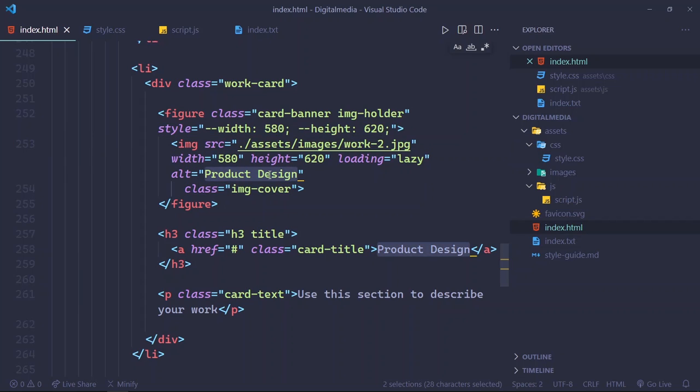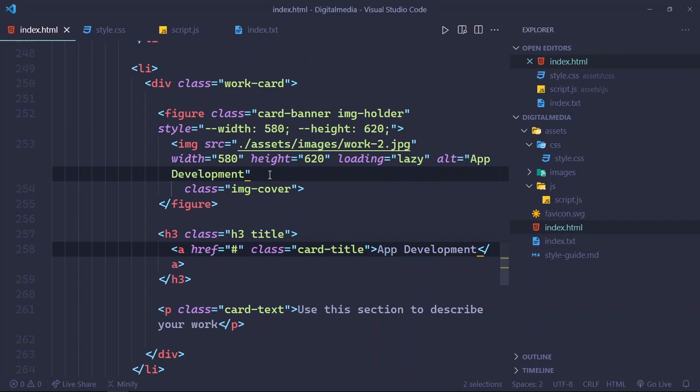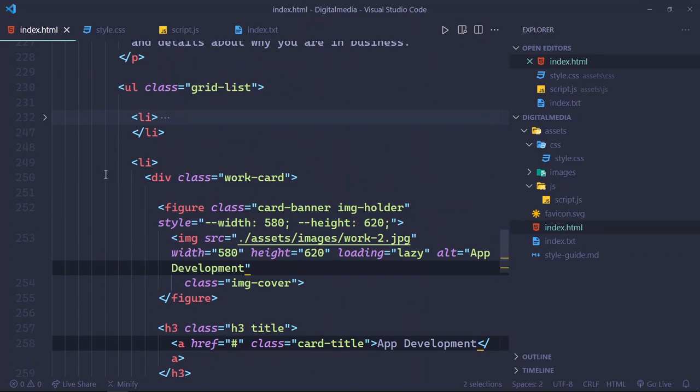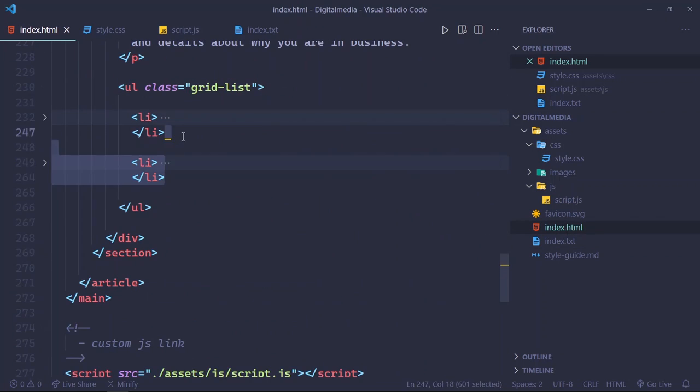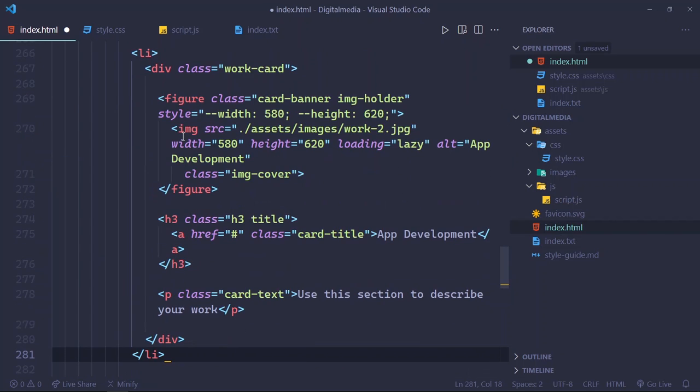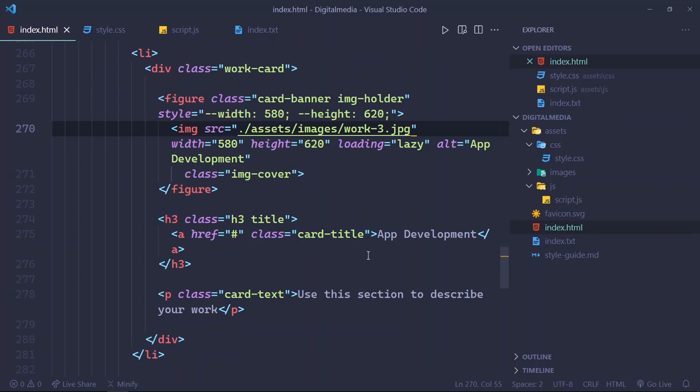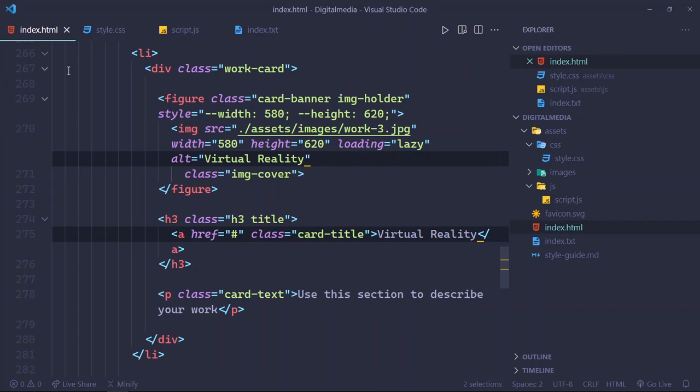This is product design, and this will be app development, and then copy this again, and this is the work 3, and copy the visual reality and paste it here. Select the alt and title and paste it here,